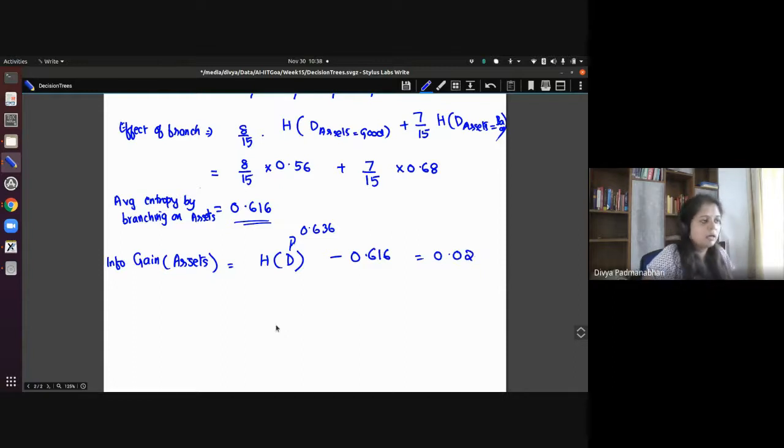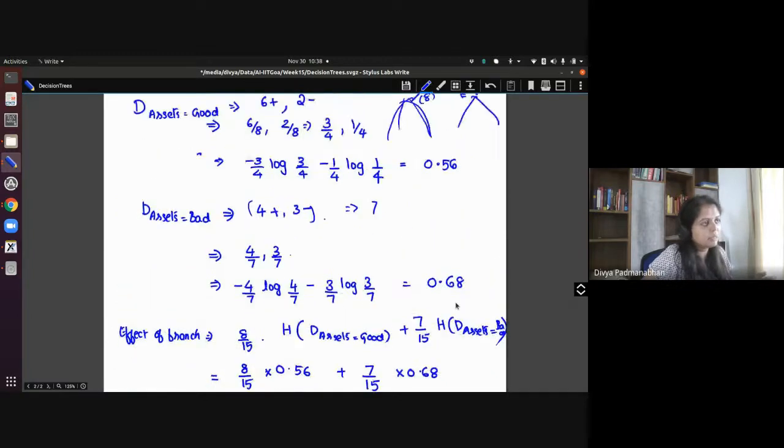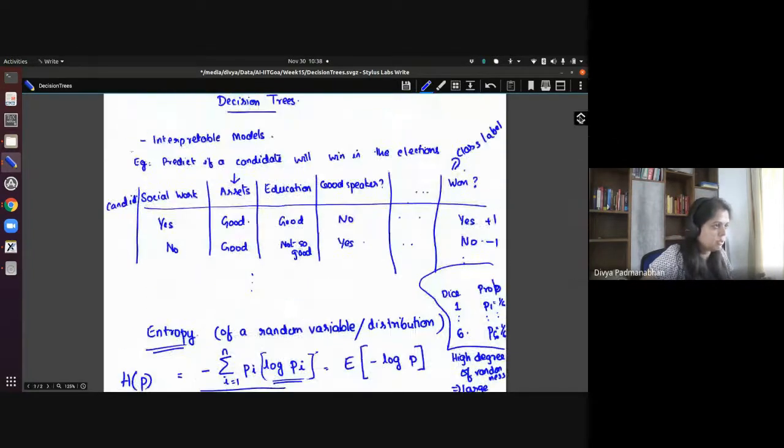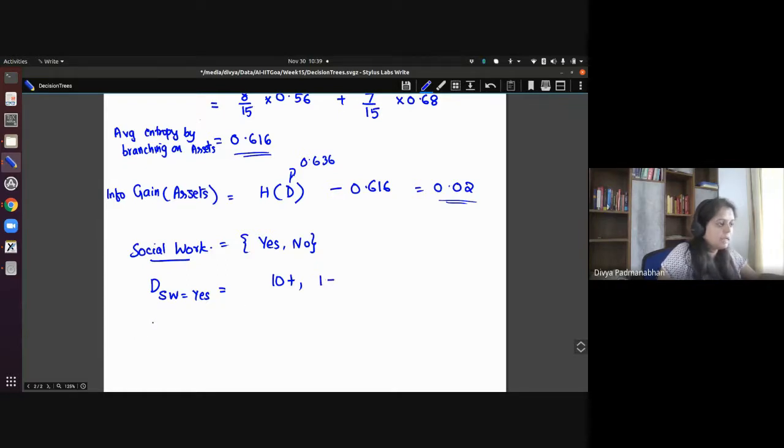Now, very loosely speaking, the amount of info you gain is not very significant. On the other hand, let's try to take some feature like social work. There was this feature in your data set. So let's consider this social work feature, and here there were two values, either yes or no. Now, similarly, you can say social work equal to yes, and maybe you had something like 10 examples in the positive class and maybe one in the negative class. And for those who didn't do social work,